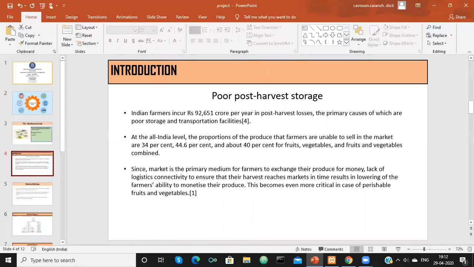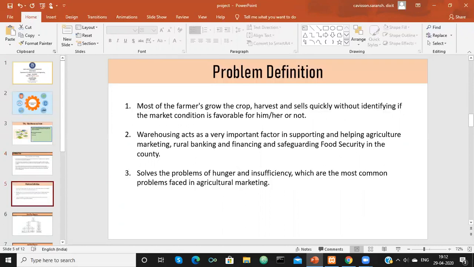Proper warehousing not only helps in storing product but can also decrease the transportation prices if it is near the market. By using this product, we are trying to solve a problem where farmers don't have to sell the crops they have yielded under unfavorable market conditions, which also helps in solving the problems of hunger and insufficiency. In the application, we are providing a platform to farmers so that he or she can rent a warehouse at a favorable price according to their need.